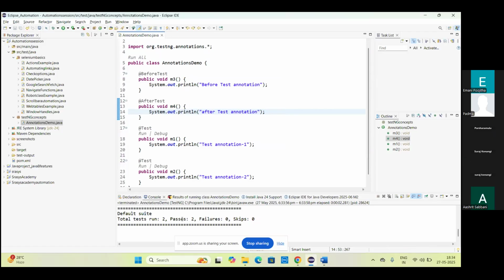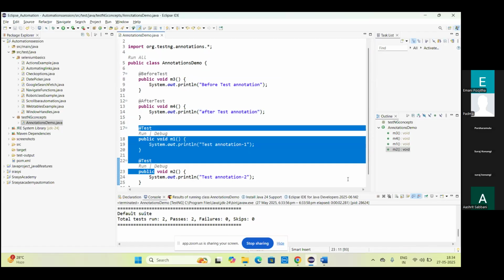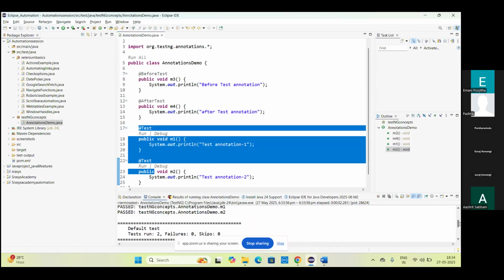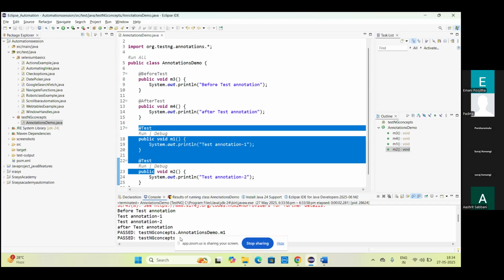See, two test cases in this class. How many test cases are there? We have only two. That's the reason it's showing two got passed. Then what is the use of before test and after test? See how it is executed. The before test annotation executed before tests, and the after test annotation executed after tests. For example, if we have three tests,